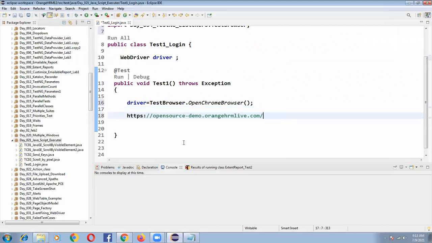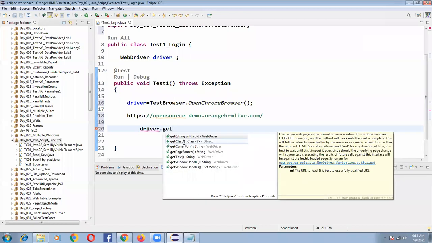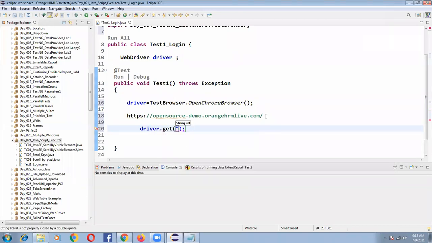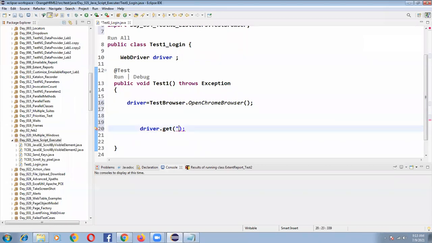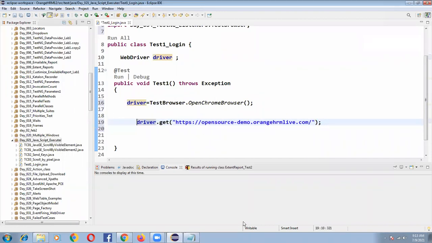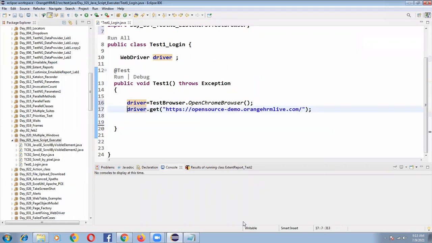So how do I launch the application URL? How do I have to write it? driver.get(testURL). Okay, I launched my application URL.